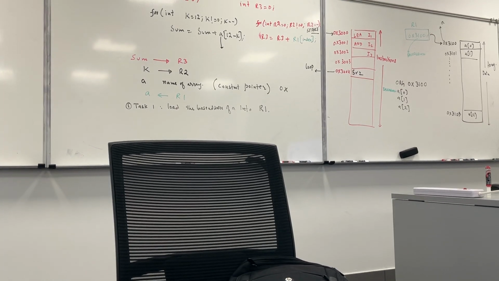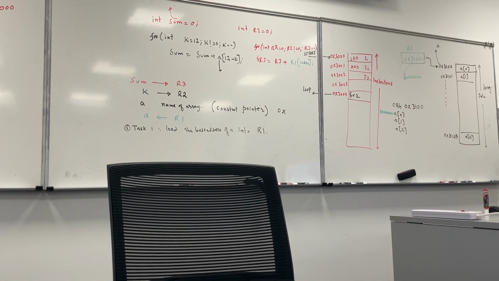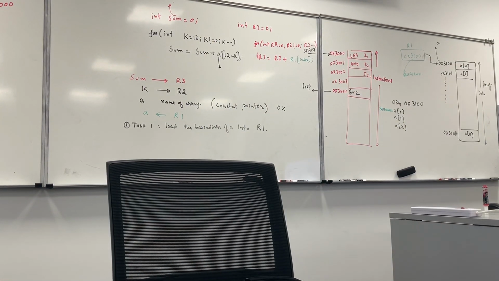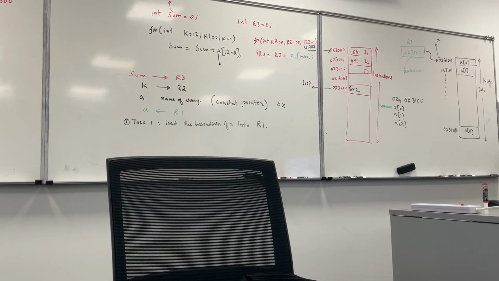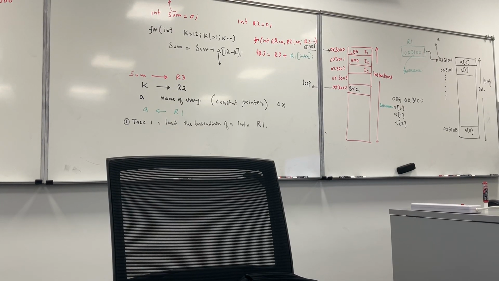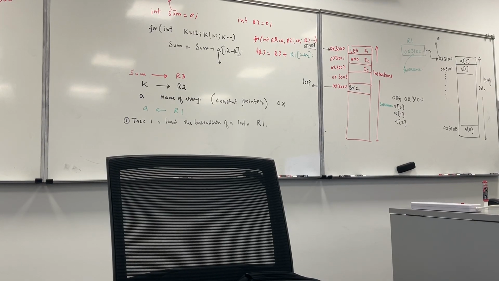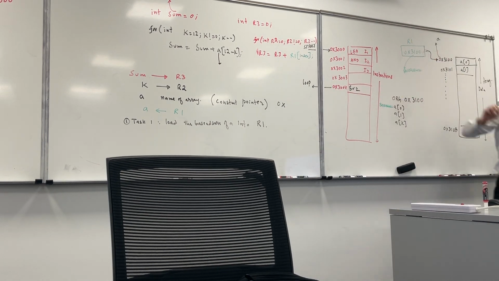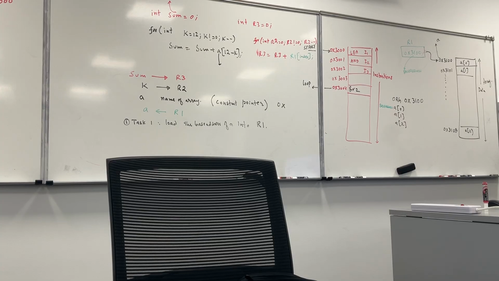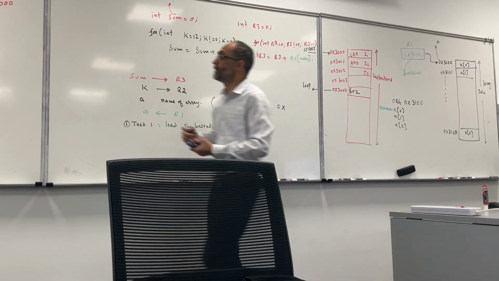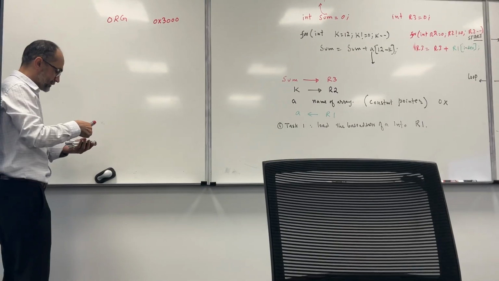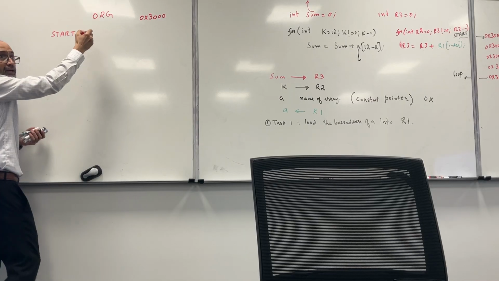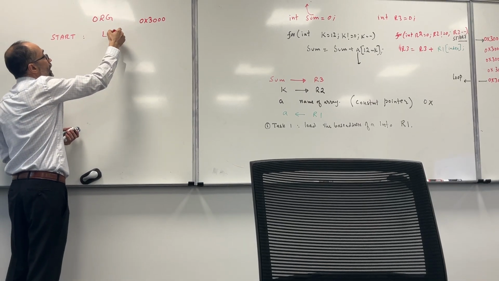Which instruction should we use? Please remember, you studied all of the instructions. Should you use LD, LDR, LEA, LDI, ST, STR? We want to initialize register R1 with a value of 3100. What should I use? LEA. So this is my label, start. And what should I write here? LEA R1,